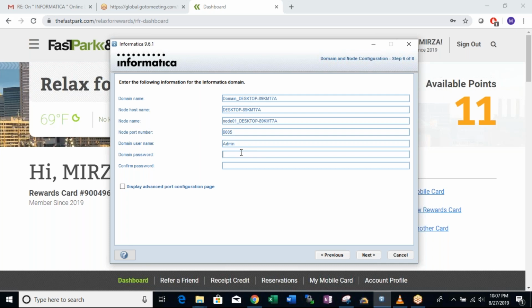The password is the same, and the confirm password is the same. Next.